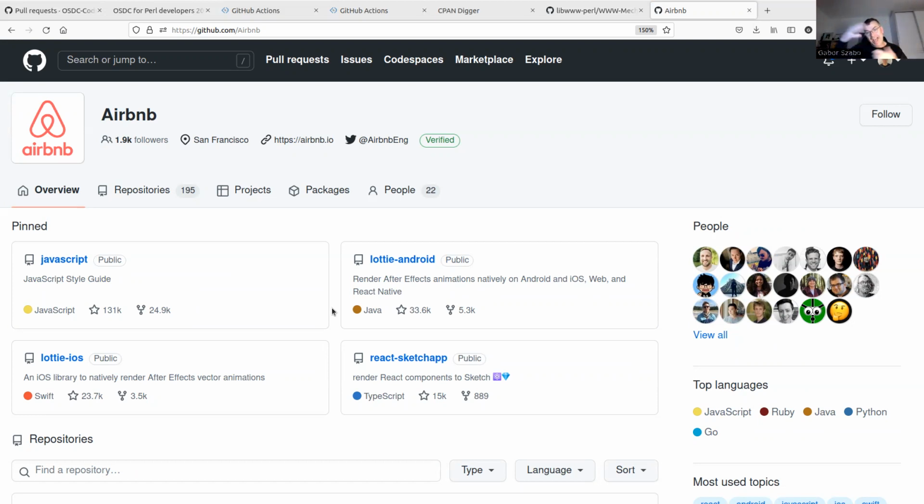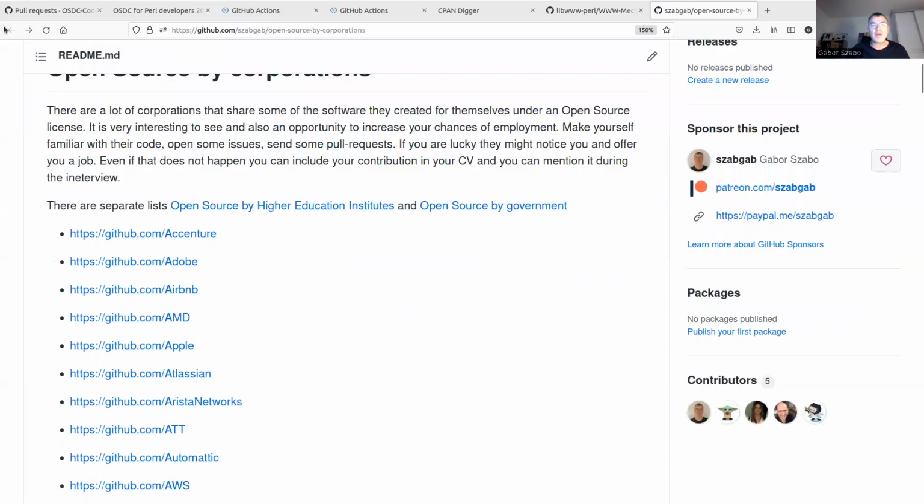I think having this will give a lot of advantage to someone who wants to work at Airbnb, for example. So that's one thing. That's right now. Of course, it's easy for anyone to look for the repository of Airbnb and then start